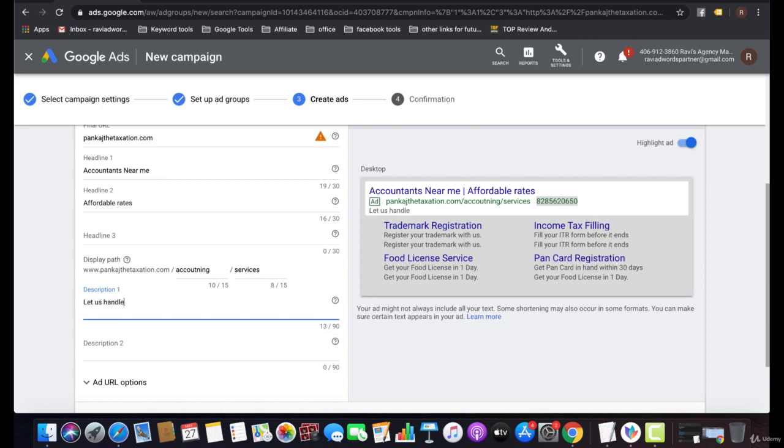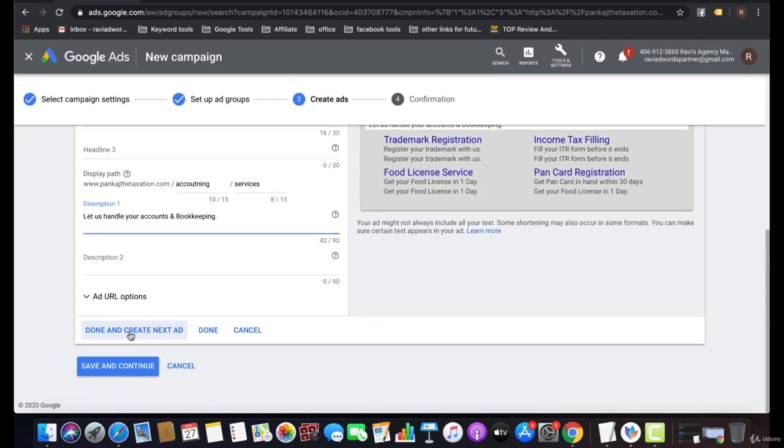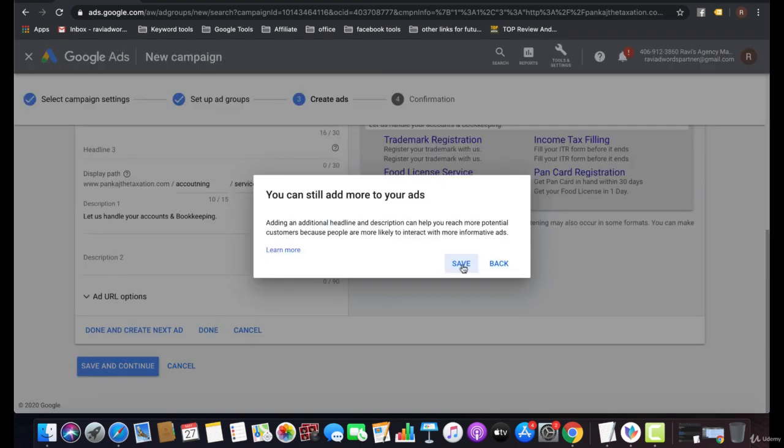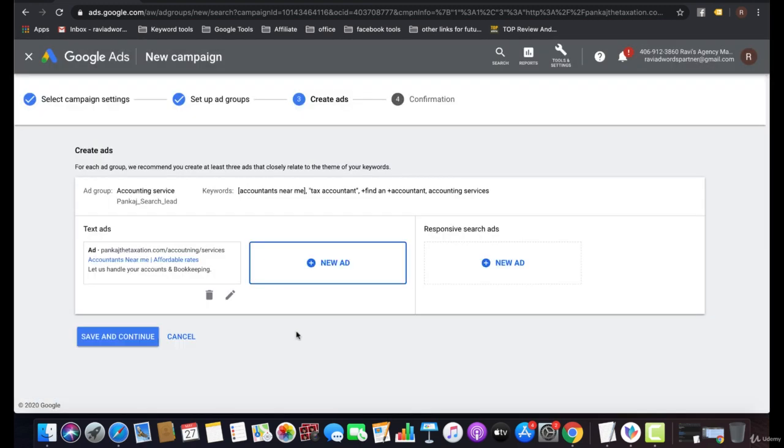Let us handle your accounts and books, bookkeeping. That is the description, like we will handle your accounts and bookkeeping. And now you can click on done, and this will save your ad in that particular ad group.